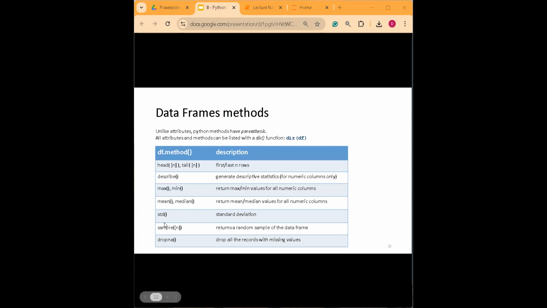So the mean, median and standard deviation are also available for data frames. We have a sample. So basically it will return you a certain number of the data set using the n here, just like with what we did with head. And then dropna will drop all the records with missing values. Okay. So it's again pretty straightforward: head, tail, describe, max, min. I think the confusing part would be standard deviation and then sample because you don't have the like